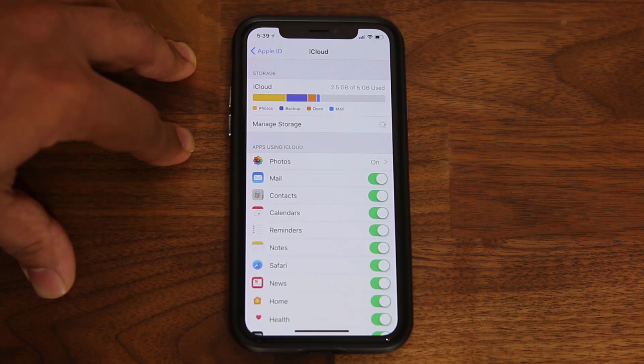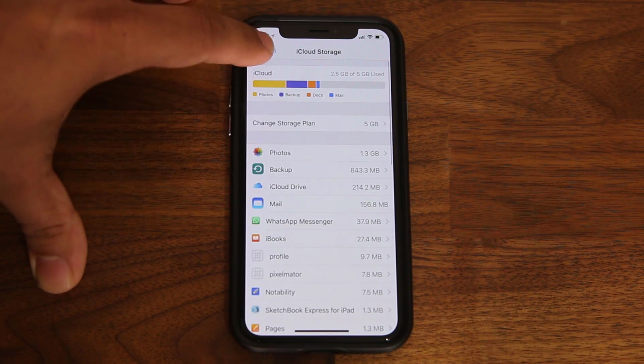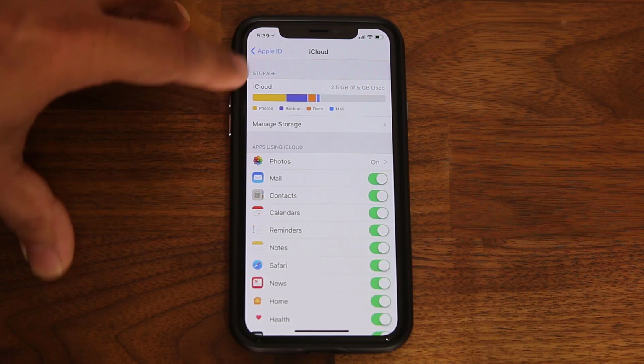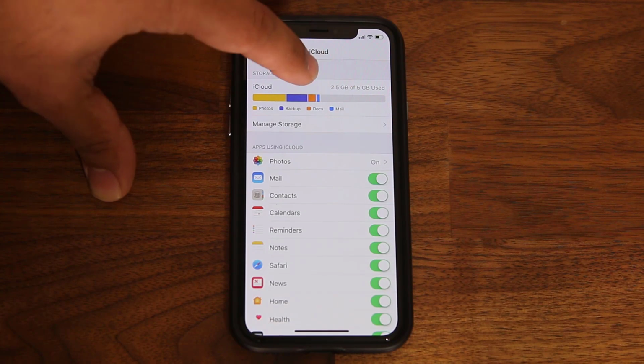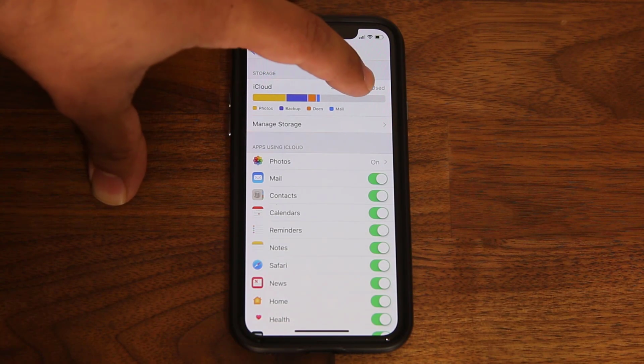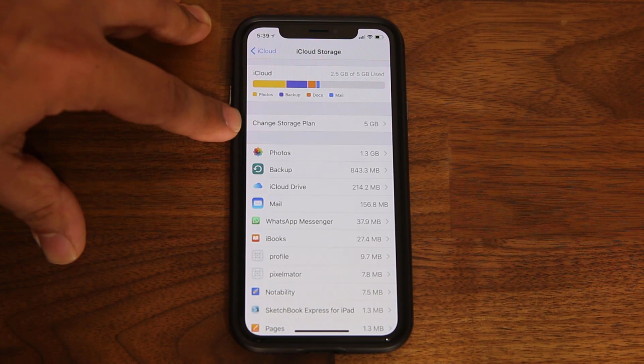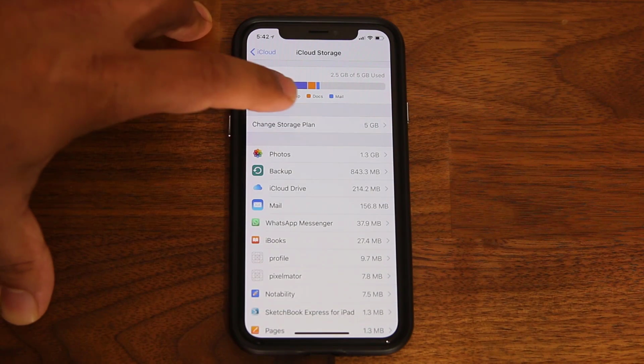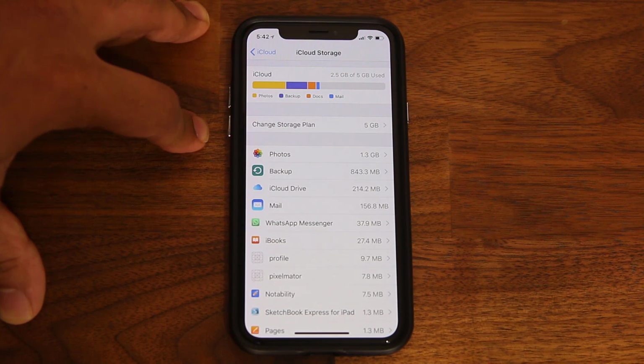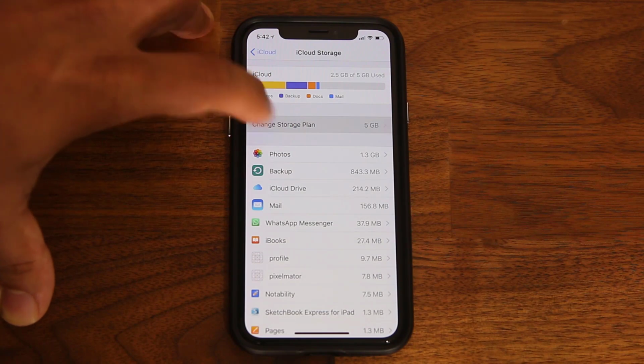And as you can see, it's going to give you the option over here. If you go back here, it shows you iCloud is 5 gigabytes and I'm using 2.5 gigs. So let's say I needed some more. I would tap on this manage storage real quick and that'll give me the option to change the storage plan. And of course, when you tap on this option here, it's going to take you to the next screen that's going to allow you to purchase more storage,